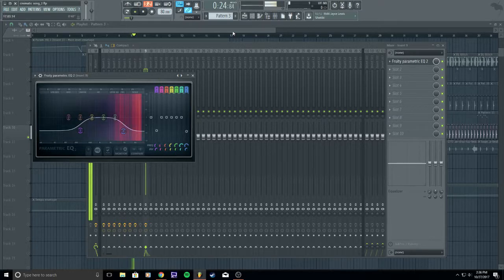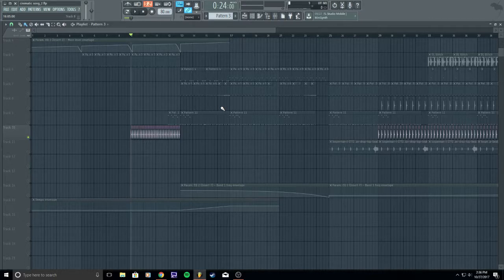So there's volume for the kick and just volume for that bass up there. So all together you'll have